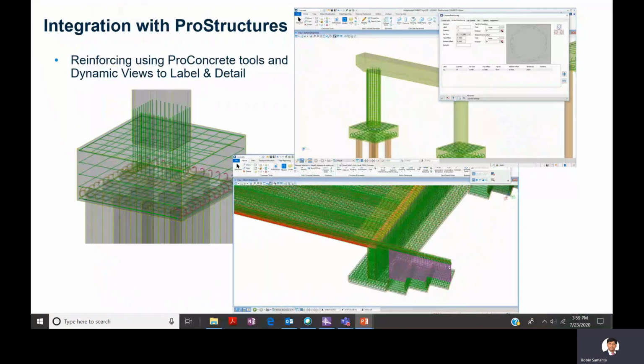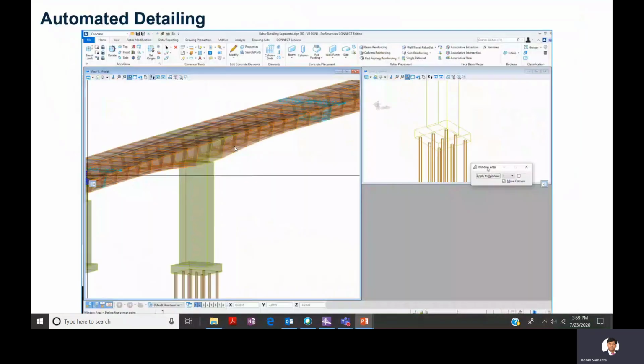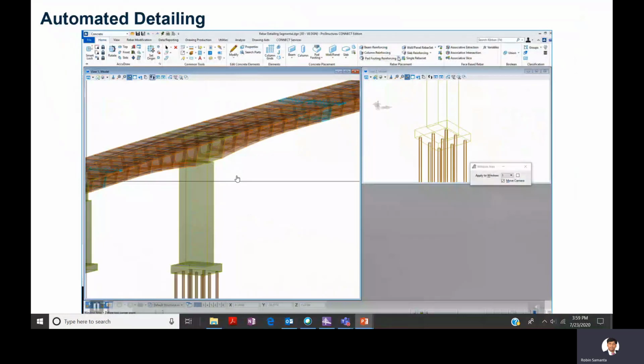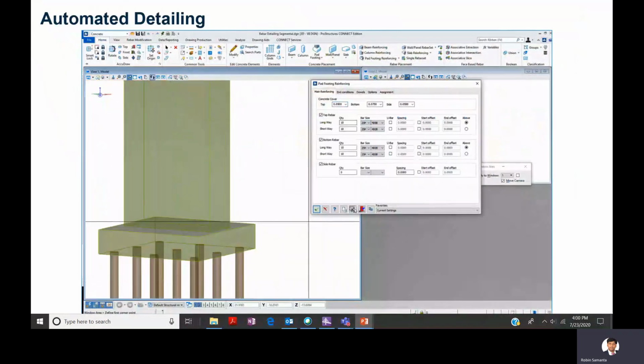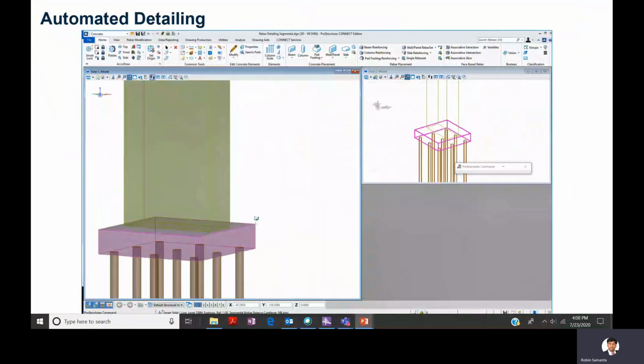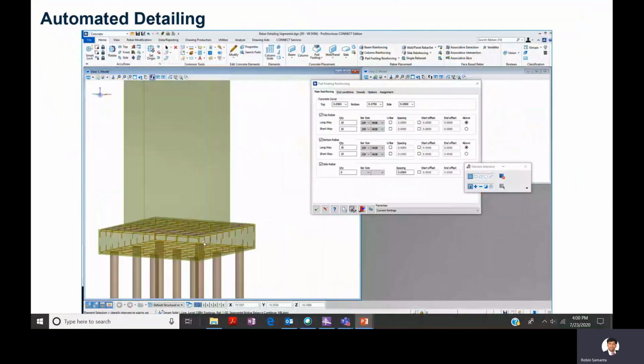And once you do that, definitely it will pay off for you, because you can extract the reports and governing schedules. So here in this small demo, you will see how easy it is. Basically, in OpenBridge Designer, when we do the concrete detailing, we are not exactly drawing it. What we are doing is also from a table, right? Annotations method. So with automated detailing, you just select that you want to apply the reinforcement detailing to the pile cap.